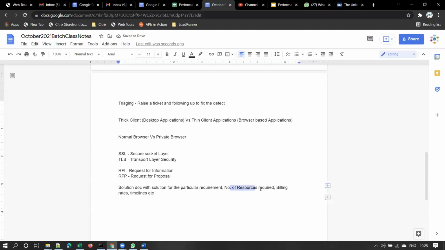Number of how many resources will be required to complete that project, right? And billing rate. Billing rate means how much they are going to charge. The service-based company is going to charge for a software engineer. A team may be something like this: one software engineer, one senior software engineer, one team lead. Let's say I'll give you some numbers: 2 software engineers, 1 senior software engineer, 1 team lead or project lead, right? Project lead, and